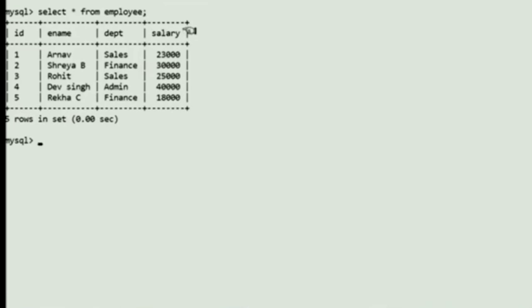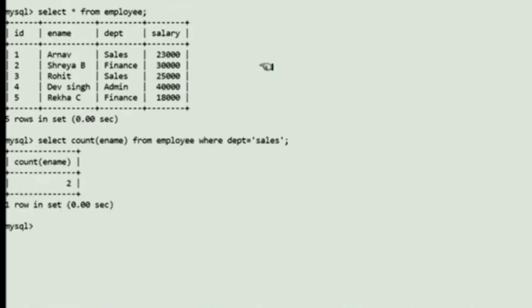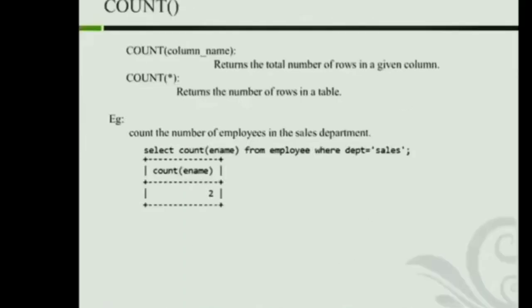Here let's use ename. Then the query is select count of ename from employee where department is equal to sales. In the sales department there are two employees. So the output returns us 2. Now let us see another example. Count the number of employees in the table.